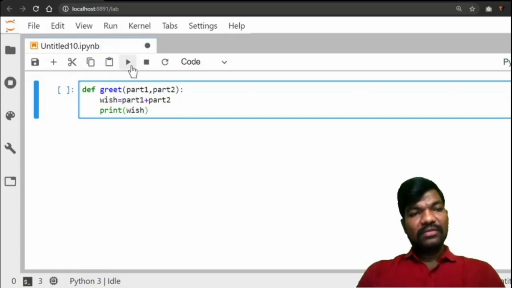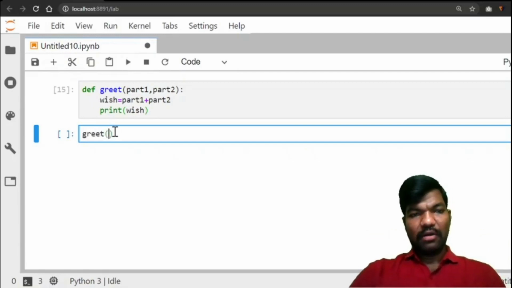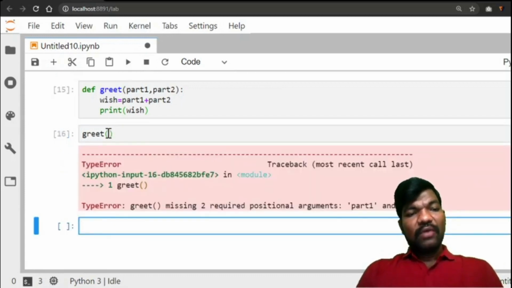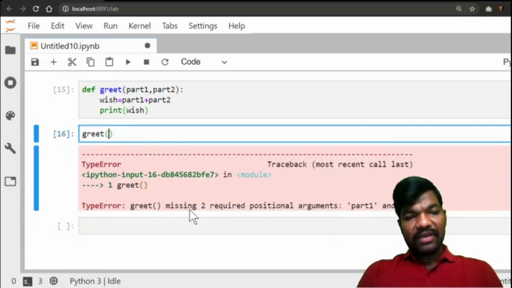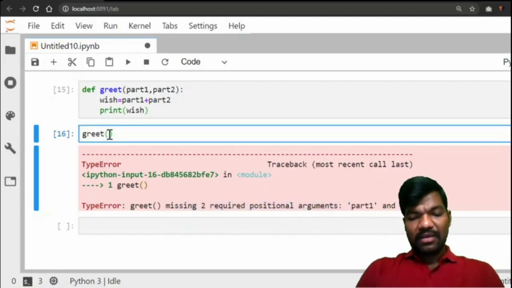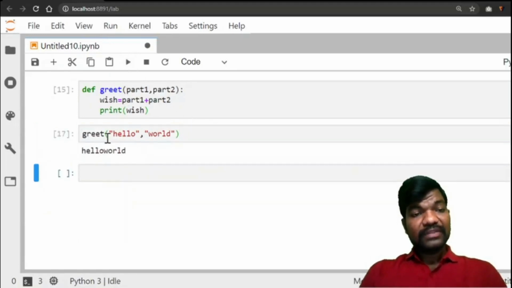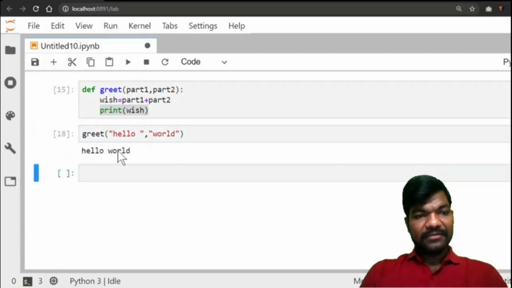So this is the function. Now call the function greet of. Without arguments I am calling it for understanding. You are not giving any arguments here, that's why you are getting an error. When you call the function it says missing two required arguments, part 1 and part 2. So I'm giving hello, world. Two arguments are strings. Run it. Suppose give a space here, run it, you will get hello world.